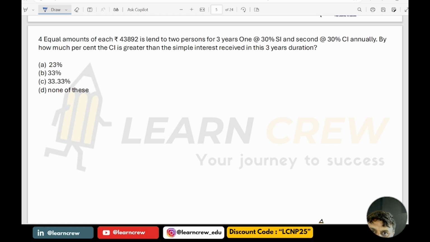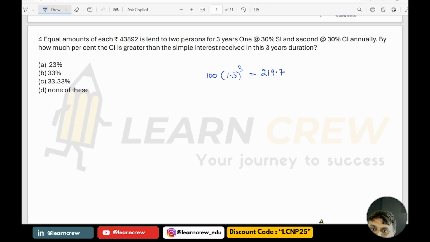43,892 is lent to two persons for 3 years. One at the rate of 30% simple interest and the second at 30% compound interest annually. By how much percentage is the compound interest greater than the simple interest received in this 3 years duration? So here please see, if 100 is the principal, then after 3 years 130 by 100, 1.3,